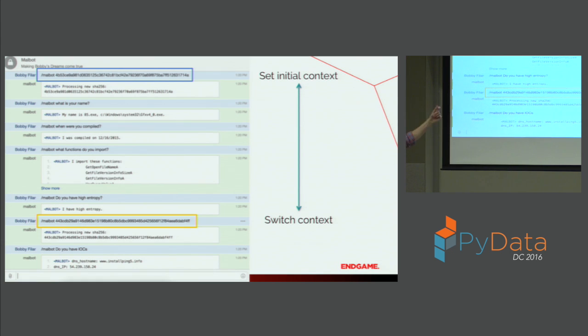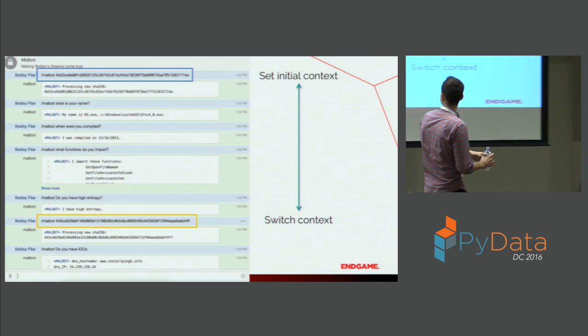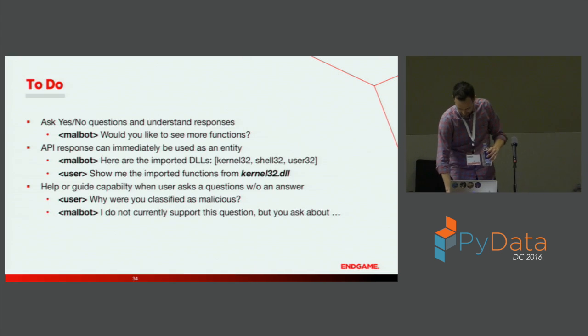And then all of a sudden, I want to switch to a new sample, I pass a new SHA, he immediately forgets what he was talking about, switches over, and you start the conversation again. This got a little more complicated when more people get involved, because then you're saving context and state for multiple users. The easiest way to do that, at least in HipChat, is a nested dictionary, which took about 30 minutes to implement, but wasn't too bad, all things considered. But yeah, so Malbot, right there, in all of its glory.